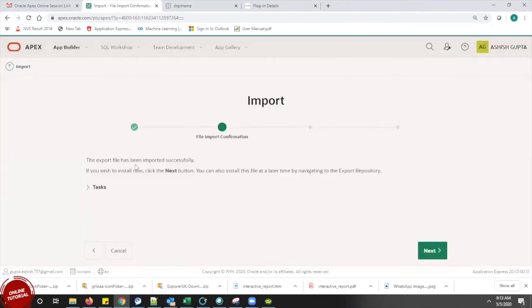It says the file has been imported successfully. It is just imported, not yet installed. That means it has just validated in the Oracle Apex system whether this plugin is going to work or not. It is going to work. That is why this import has been done successfully. Otherwise, we will get an error here itself that this import file is not going to work, and the application will not run like that. Okay. When we click on next,